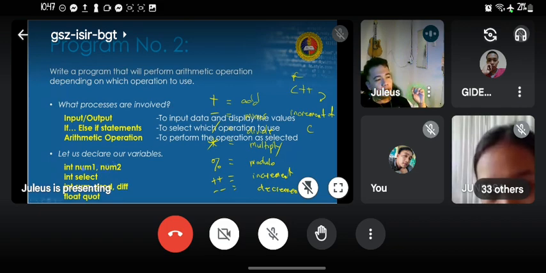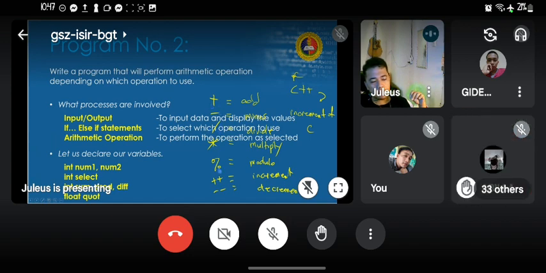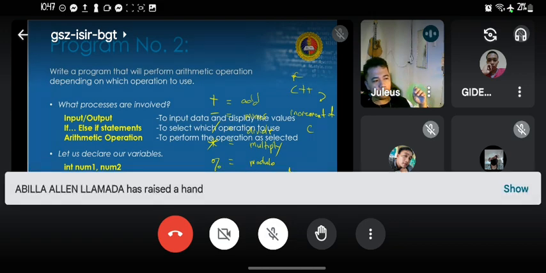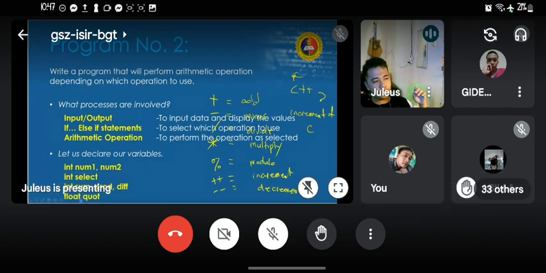For the first two numbers, we will call them num1 and num2, and then we will use select to choose whether plus, minus, divide, multiply, etc. And then sum, product, difference for the values, etc. And then float for our quotient, because there might be a chance that the quotient will produce decimal points.